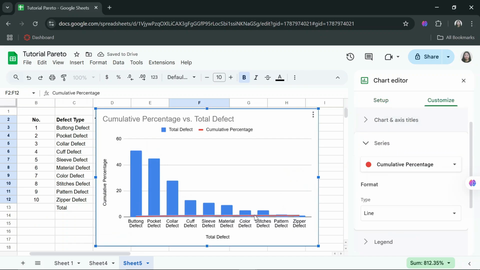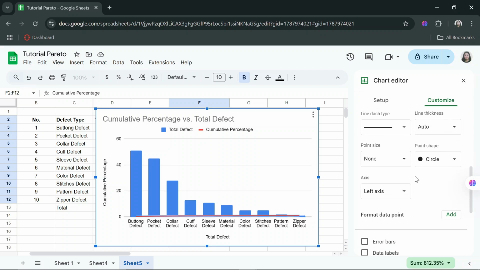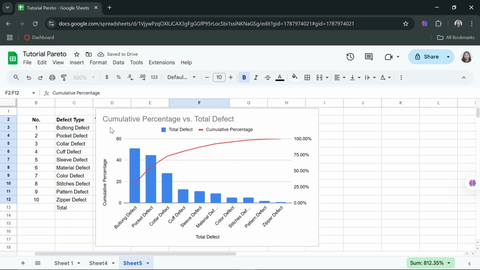So once you've clicked on the orange line in the chart, you will get this customized window at the side. So you scroll down and under axis, you change left axis into right axis. And that's how to make the Pareto chart for the